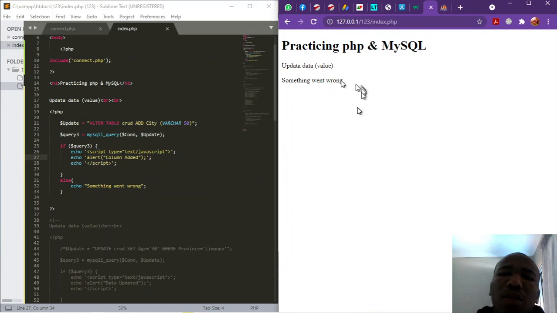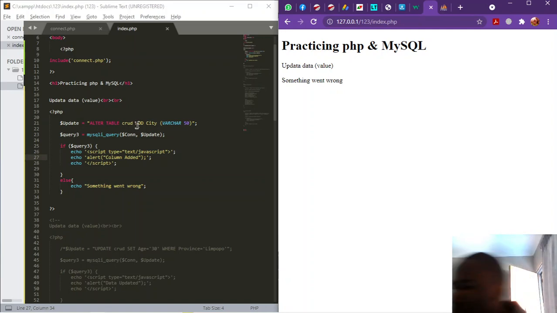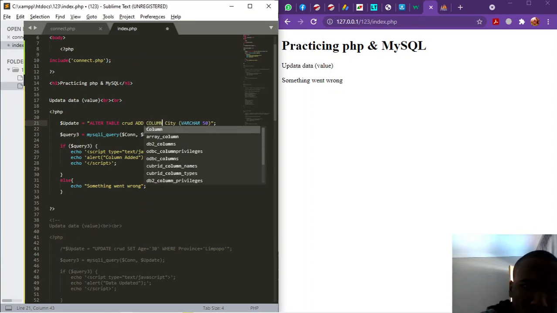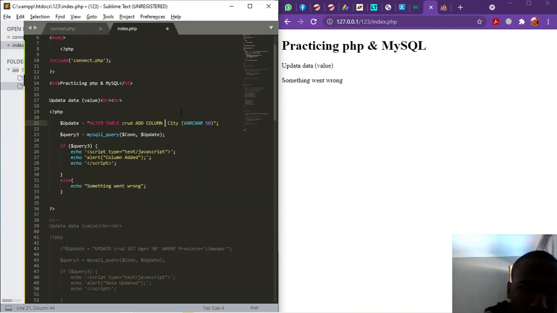Okay, something went wrong. The CRUD should have been add, it must be ready. I don't know what's happening. Oh, I should say add column. Add column, what's happening?